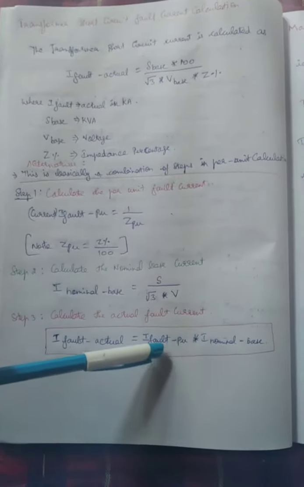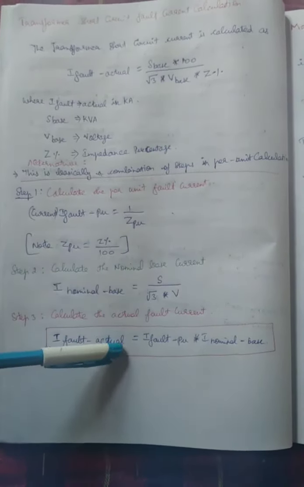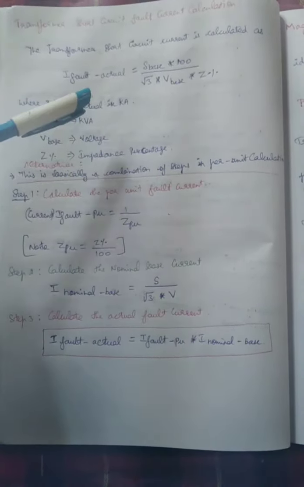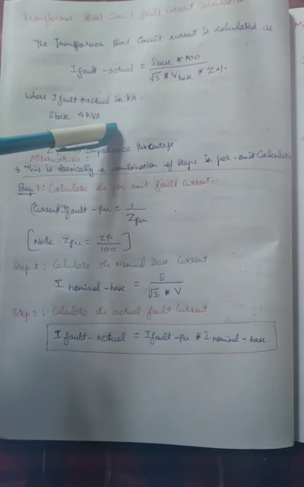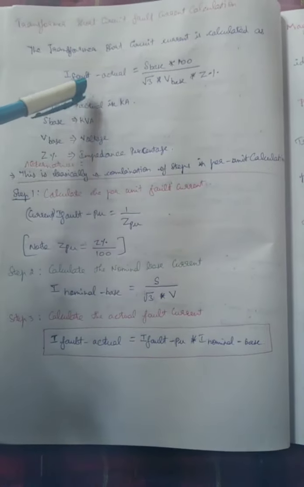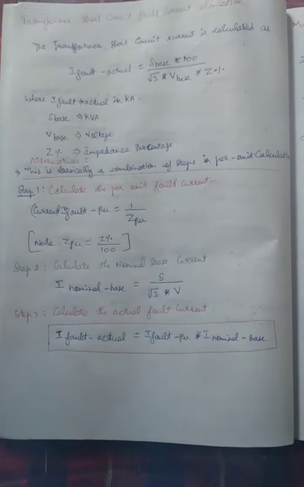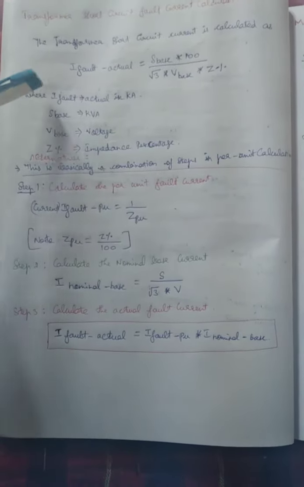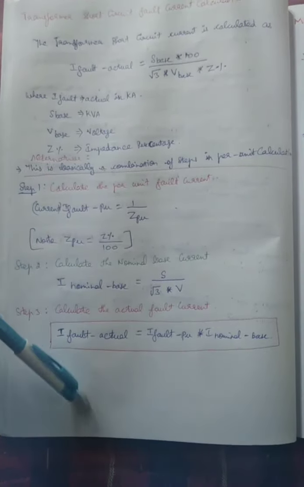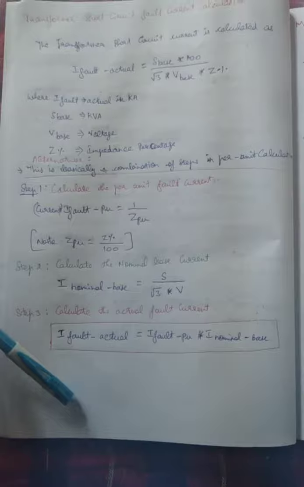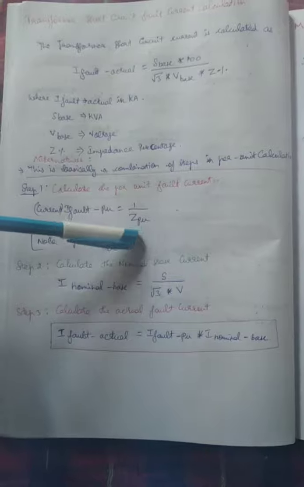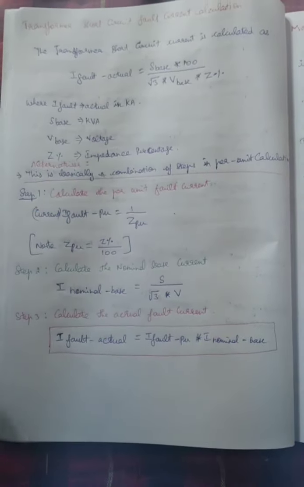So this is your step by step formula, and this is your total formula. If you think this is a little tougher, we can go with the step by step method, or else we can go with the direct formula. So this is up to today, and this is not included in your testing procedure. This is for your relay or protection types. So this is for the fault current calculation of your transformer only. This is not included in your testing procedures. So this is up to today.